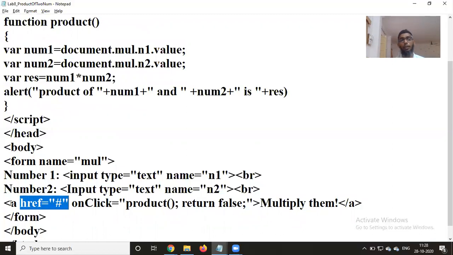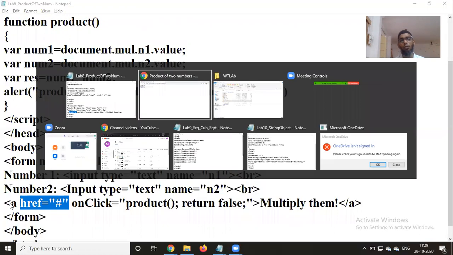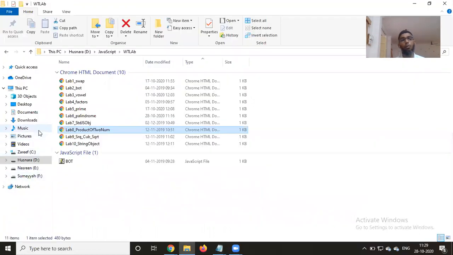I'm going to create a reference. The reference is hash, in the sense the same document. Earlier I told you hash reference means where you have to execute. If you observe the previous program in the HTML, I'll just show you once.